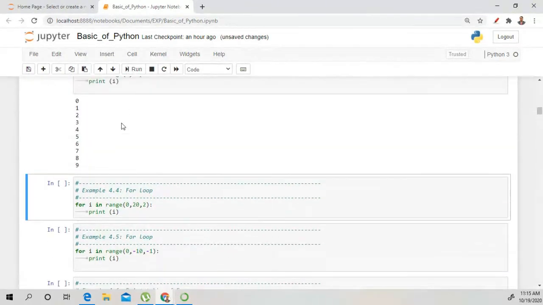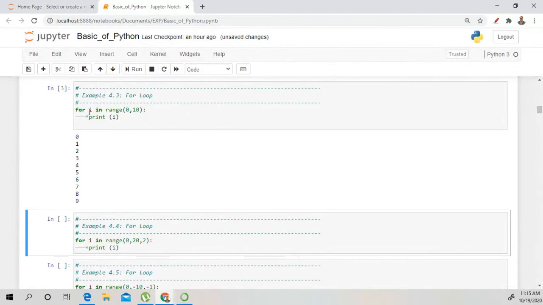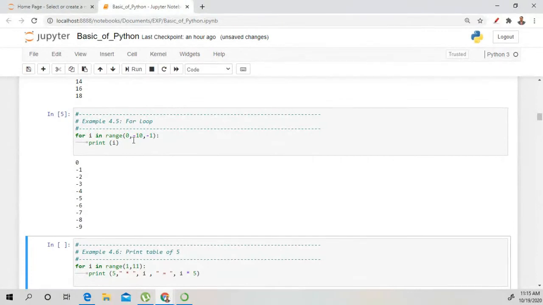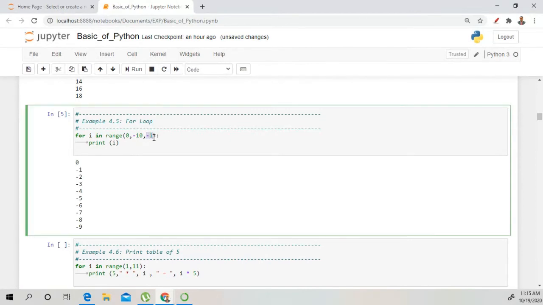Let's take a look from here. In the first example, it will show the output 0 to 9. In the next example, it shows the output from 0 to 18. In the next example, it shows the output from 0 to minus 9, because here the step is minus 1.